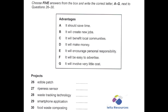I mean, they have to separate the organic and inorganic waste themselves before they take it out to the compost bin, and you know how lazy some people are. But I guess if we all start composting, we'd be doing something positive about the problem of food waste ourselves, rather than relying on the government to sort it out. Having said that, not everyone has a garden, so I guess...